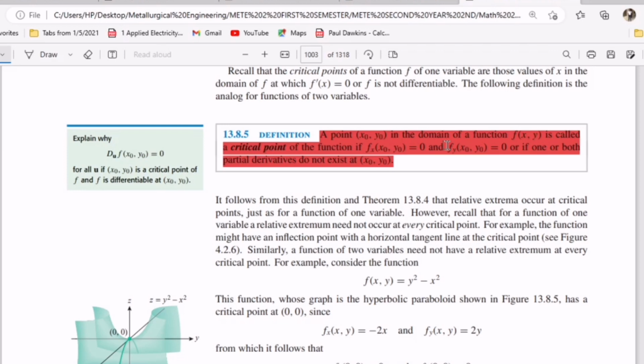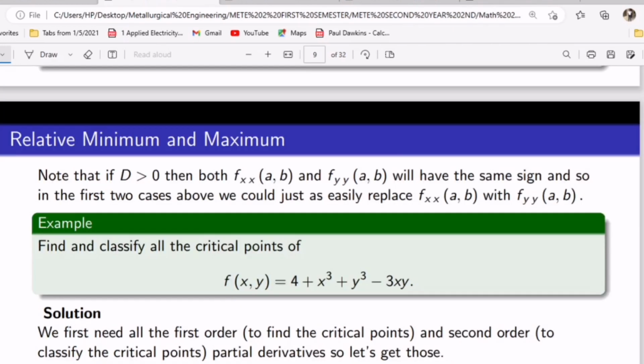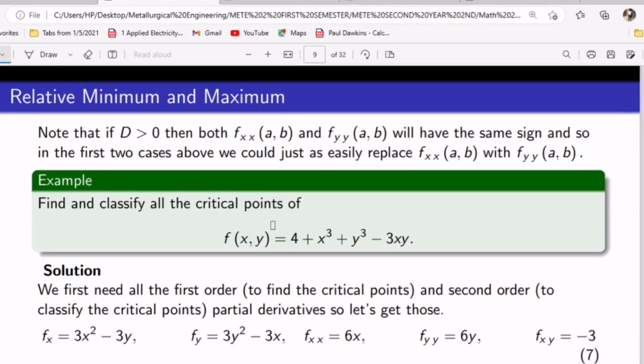Or if one or both partial derivatives do not exist, then it's a critical point. Very simple as that. So let's go back to the slides and see what is here. How do you find the critical point? Let's pay attention here. For us to find the critical point of this, first you need